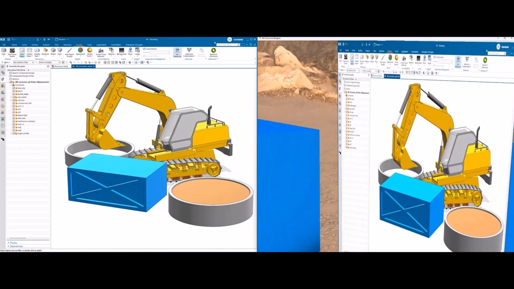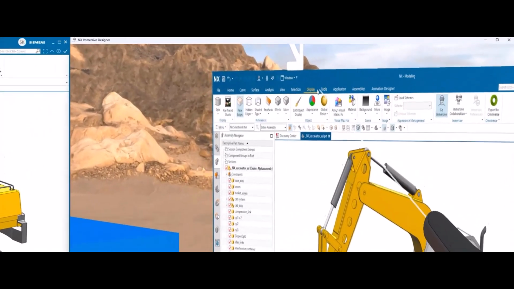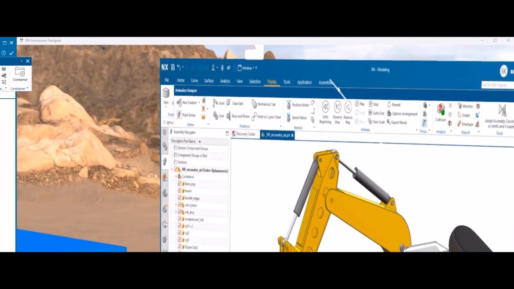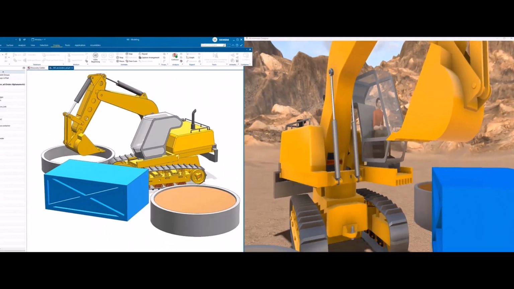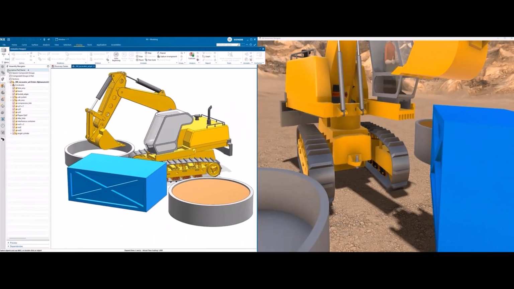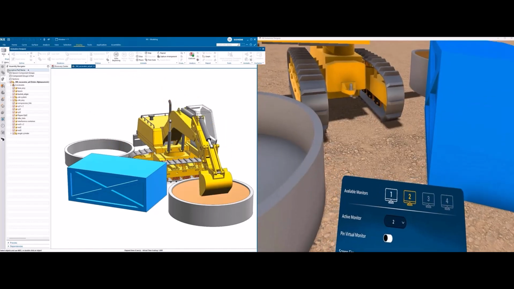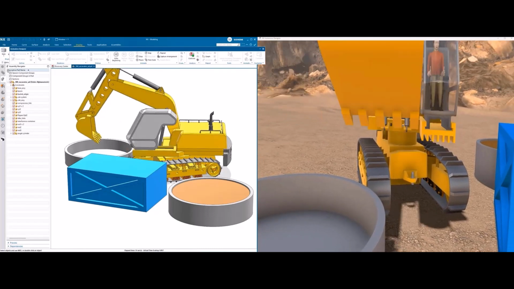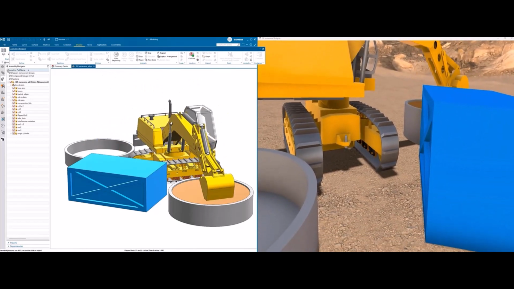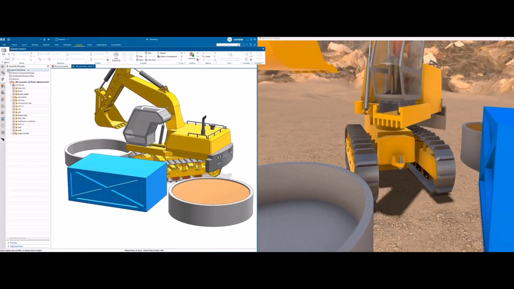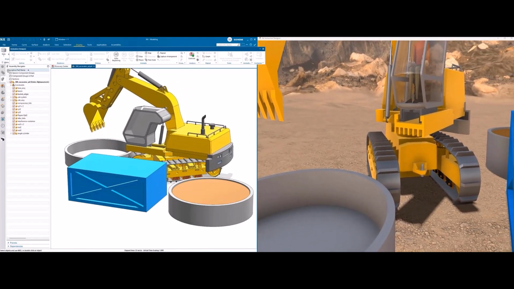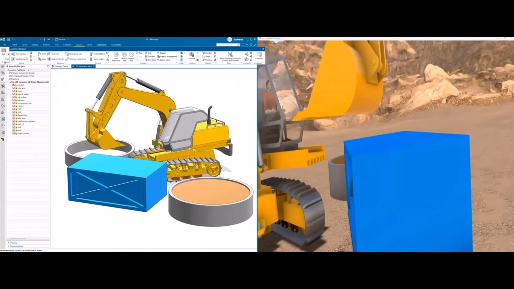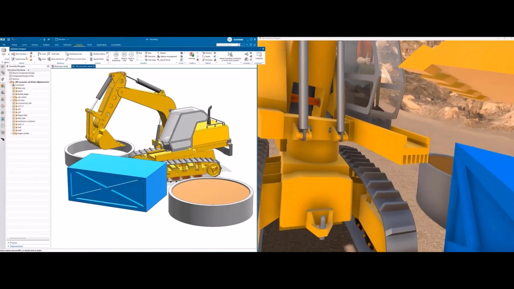a second monitor. The second monitor gives me the ability to activate the motion within the Animation Designer. So once I go in there, select run, we see how the excavation is taking place. We see that that is currently activated. And I do notice that the screen display is a little more jumpy, but that is not what I saw inside of my headset. So when that is done, I turn that display option off.